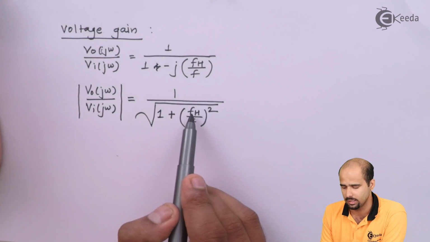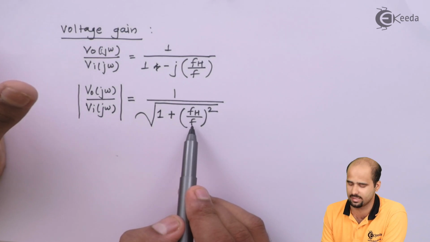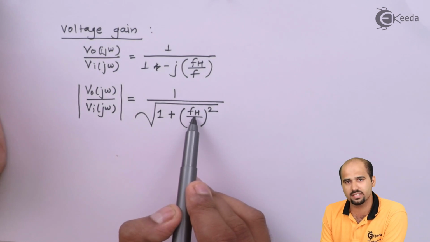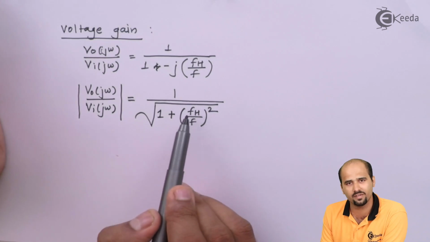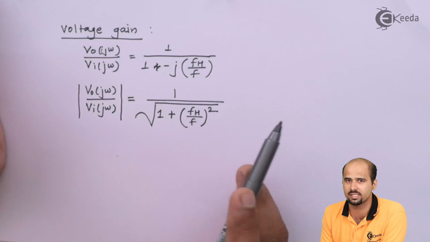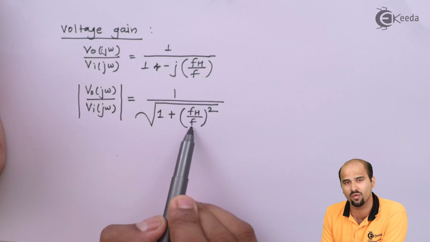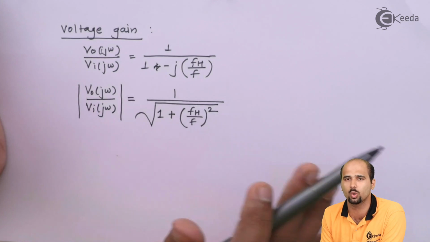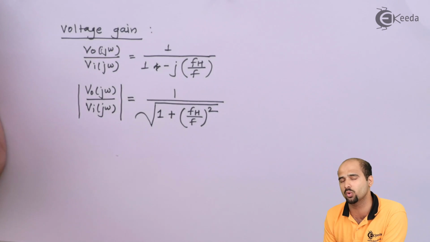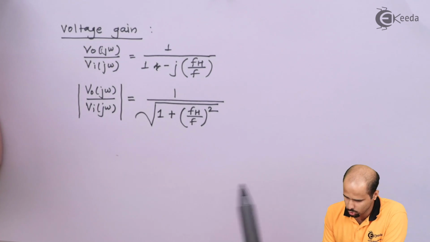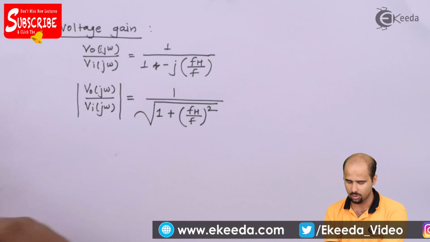First of all, we'll consider the value of frequency which is very less than that of fH. Then we will consider the value of f which is very greater than that of fH. And after these two cases, we will consider the particular point where f is equal to fH, and we'll find out what different values of voltage gain we get, and depending on that we will plot a curve and see how voltage gain is changing with respect to frequency on the logarithmic scale. Okay, so we will understand case number 1,